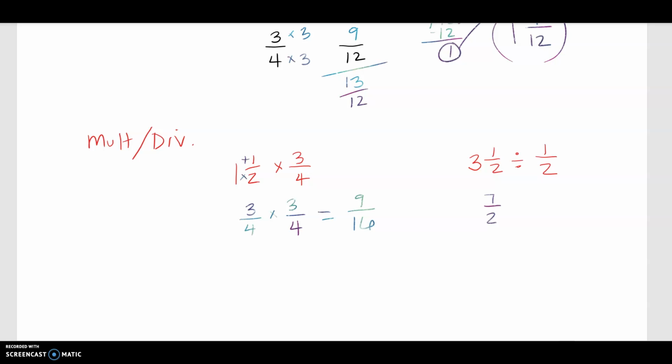So now that I'm dividing, I'm going to keep it, change it, flip it. I'm keeping the first one, changing it to multiplication, and flipping this one. So 2 over 1. So 2 times 7 is 14, 1 times 2 is 2, 14 divided by 2 is 7. Okay, so that's just a quick review of